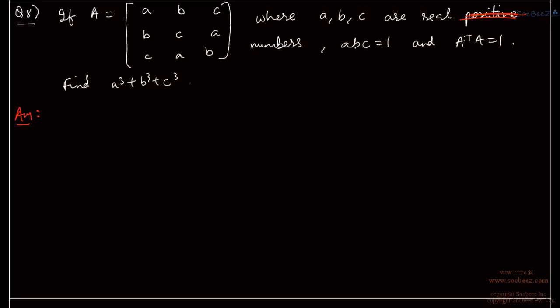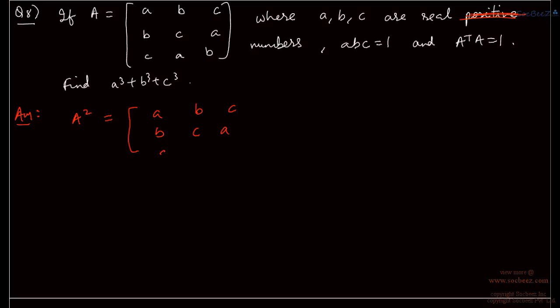Right. So I have my A. If you look at it, you can see that it's a symmetric matrix here, and hence A transpose must be equal to A itself. So my condition that A transpose A is equal to 1, or I, the identity matrix, reduces to A square is equal to I. So A is actually an orthogonal matrix, not of much need to us anyway. So I'll just write A square,